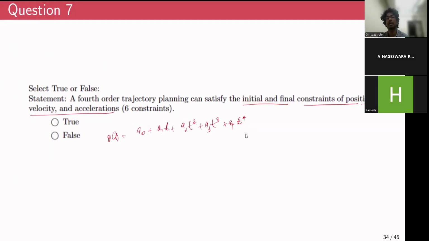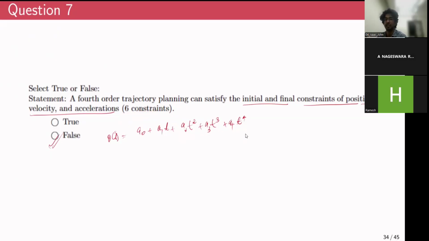Can we satisfy 6 constraints using 5 equations? That is obviously not possible, right? So in that regard, the answer is false,